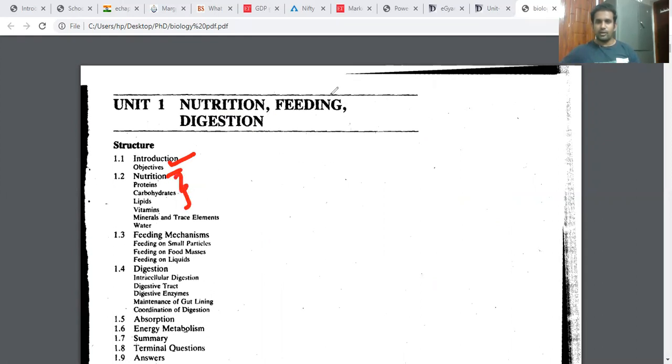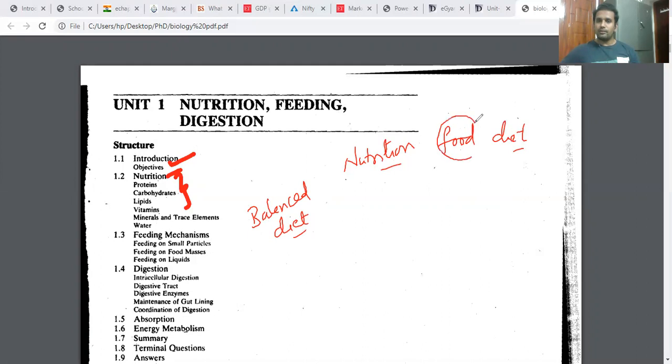And you all know that we derive the nutrition. I told you the difference between what is the meaning of nutrition. I told you what is the meaning of food. I told you what is the meaning of diet. Okay. And I also told you what is the meaning of a balanced diet. All of these are very, very important, which we have already learned. Food is very common. Whatever you take for your consumption to eat, that is your food.